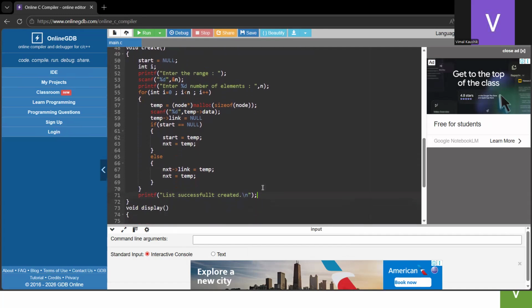so this is the creation function. Initially we initialize start to null. We are scanning the total number of elements using n. So for int i equal to 0, i less than n, this for loop runs up to n number of times. Suppose we are having 5 elements, this for loop will run up to 5 times. So in that loop,